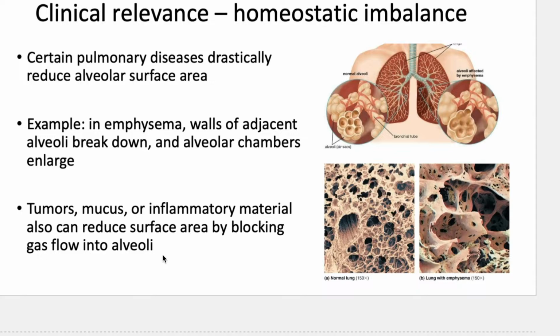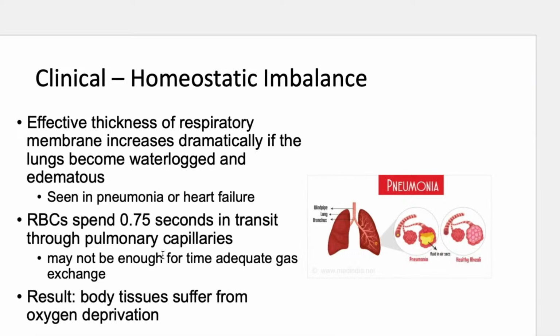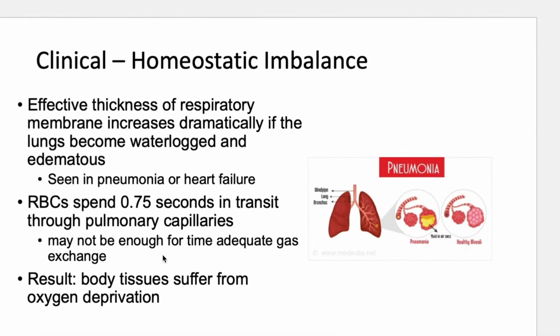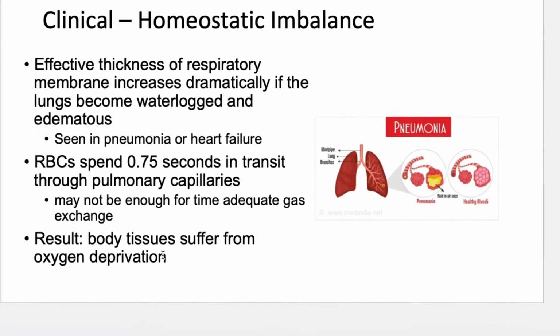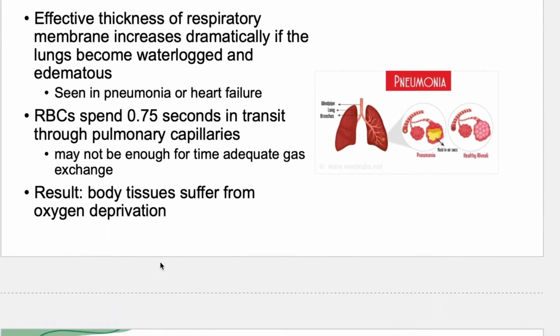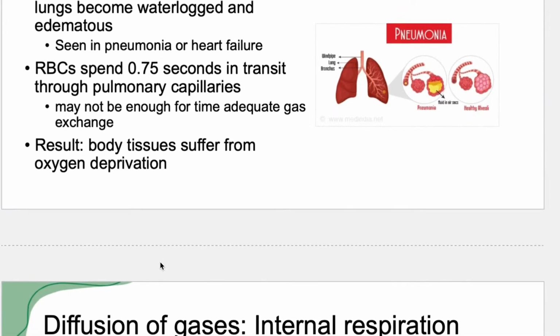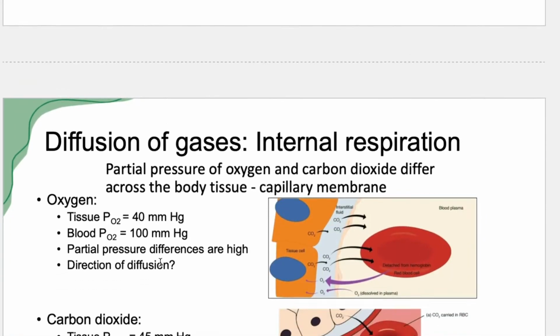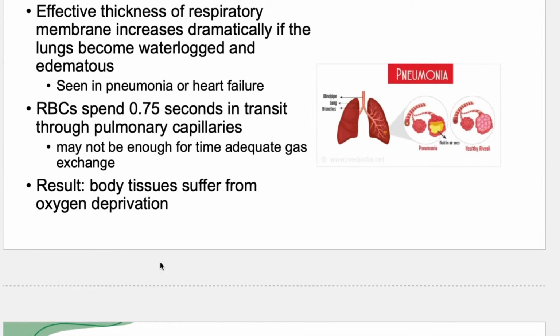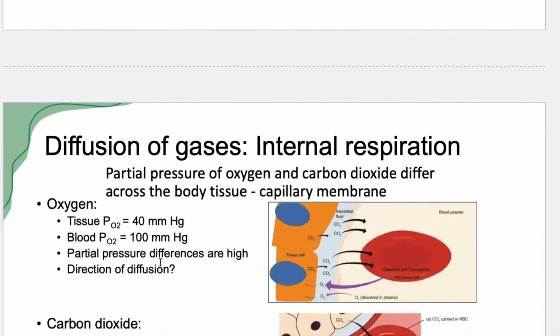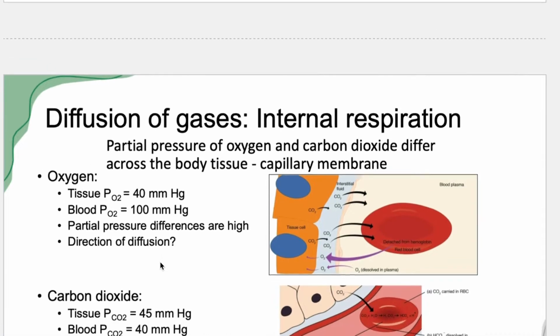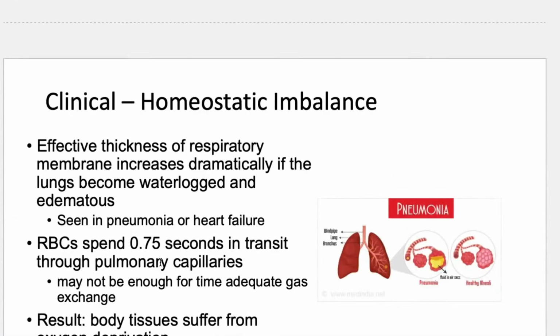Tumors, mucus, and inflammatory material can also reduce surface area by blocking gas exchange. Effective thickness of the respiratory membrane increases dramatically if lungs become more